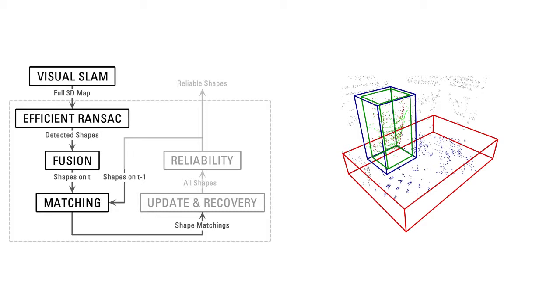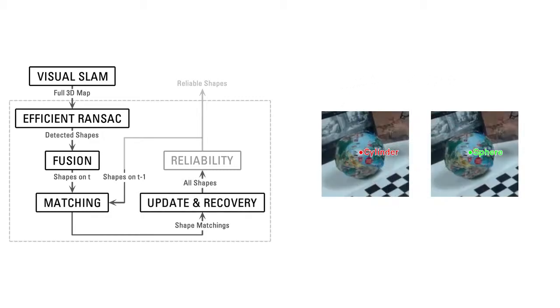We use the intersection of the 3D bounding box and the distance between the centers of mass to match the detected shapes with those previously found. We compute a matching score, which is proportional to the intersection volume and inversely proportional to the distance between the centers of mass. The shape detected on the current frame inherits the history data of the one it matched on previous